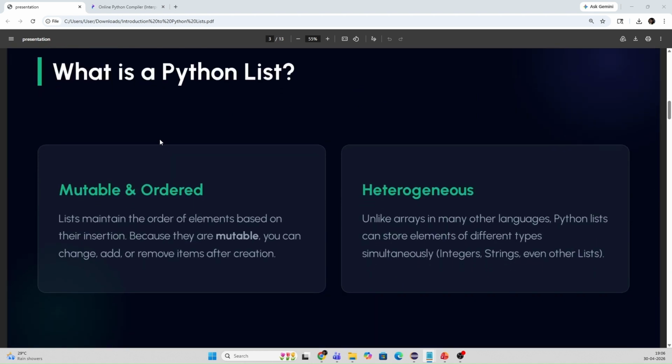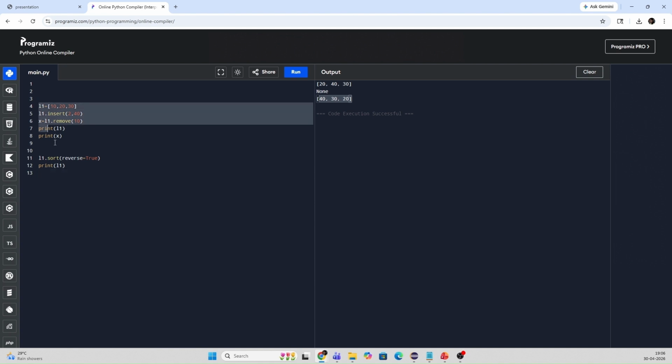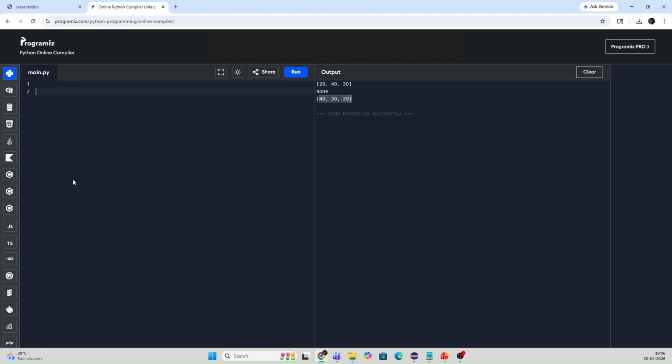So what is a Python list? A list is basically a container that can hold a lot of values. For example, usually a single variable can hold a single value. For example, x equal to 10, when we print it we get the value 10 printed. That's it. Then maybe y equal to 20,